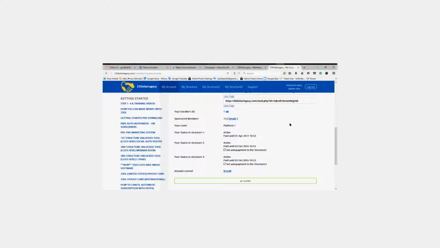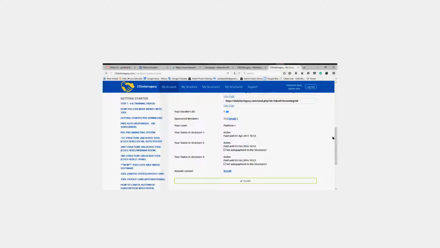Maybe you don't have a capture page system. Maybe you don't have an autoresponder system. Maybe you don't have a way to build a list. Well, we're going to show you step by step how to do it, how to create it, and when you do, how it'll all work together. Number one, we're not going to go step by step into the autoresponder, but we're going to show you how to create the form.